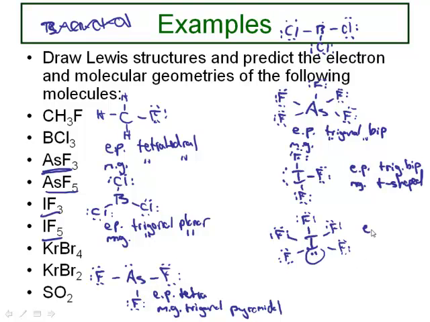What is the electron pair geometry on this guy? Octahedral. It's going to be an octahedral. Okay. What is the molecular geometry going to be? Square pyramidal. That is correct. Okay. Let's go to the next. I need one more page here, guys. Finish this up. Okay. Let's go to krypton